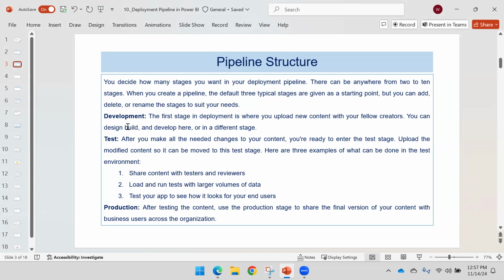Okay. Then you can design, build, and develop whatever changes you want to make here with the sample data. You can go and make the changes, right? Or in a different stage also, meaning you can perform the development here or in the next stage, as per your wishes. After you make all the needed changes to your content, you are ready to enter the stage called